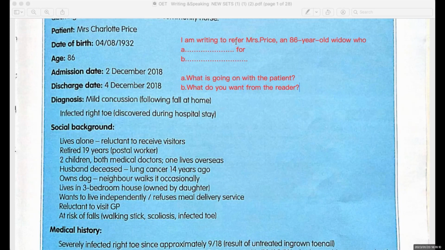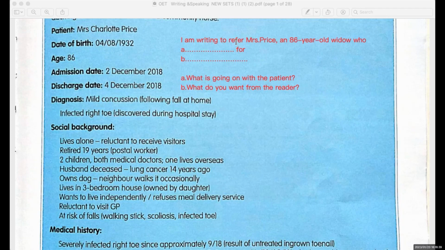So seeing so much information, we just discussed so much information about Mrs. Charlotte Price, but what to put where and how to initiate is always difficult. So what is going on with the patient? What do you want from the reader? You have to memorize this when it comes to OET writing. So what is going on with the patient and what do you want from the reader? You just memorize this. The meaning is,